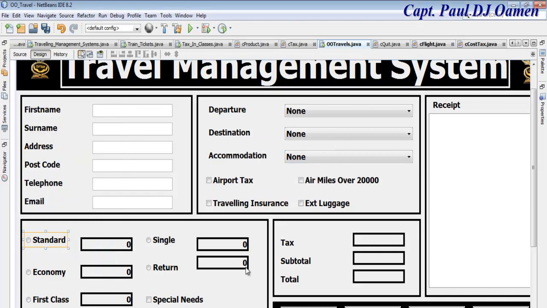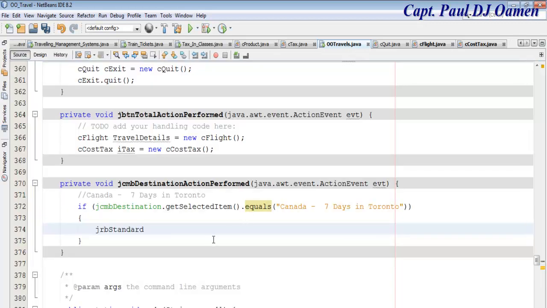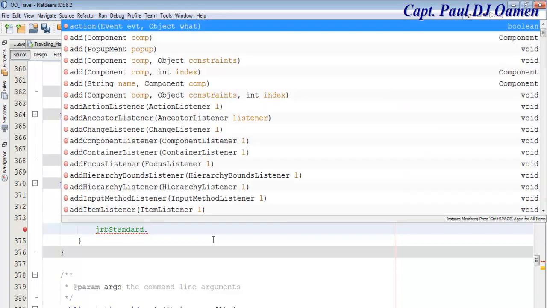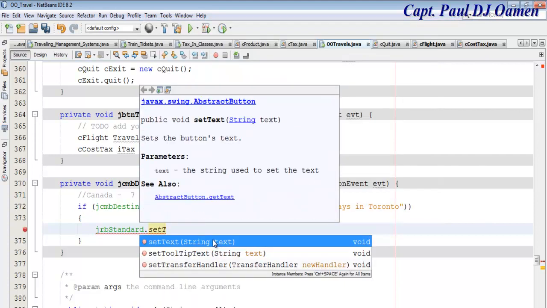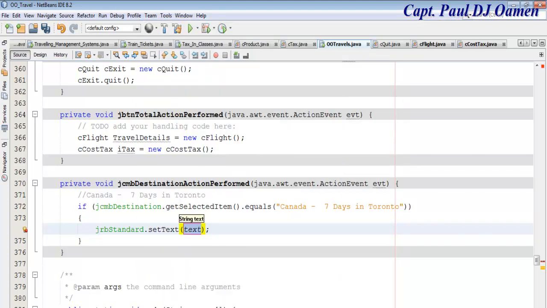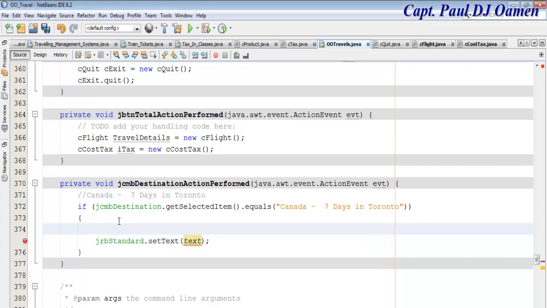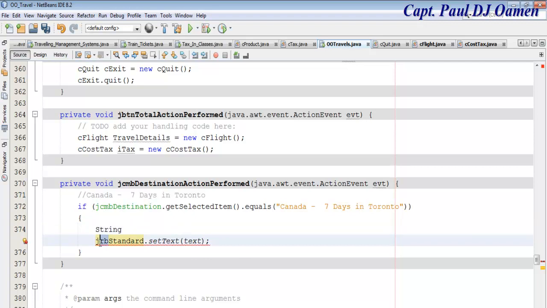Alright, so in here we want that dot set text. Oh, we can't just set it like that. There will be an error. Okay, to prevent the error that would happen here, I'm going to have to declare a variable there. Let's say string, because this can only accept a string character. This is supposed to be JLabel, I mean. Okay, string,